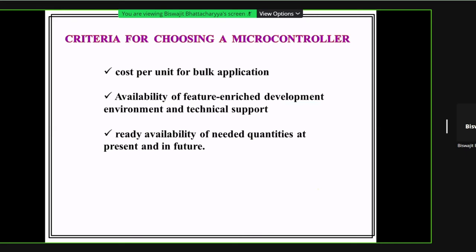How many different features are available and how much technical support can we get from the net or from expert persons, and the ready availability of the needed quantities at present or in future. That is related to large-number requirements. It is not important for our purpose. That's all about the criteria for choosing a microcontroller.